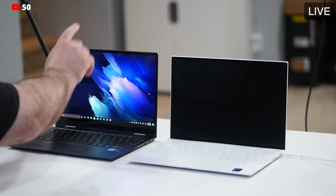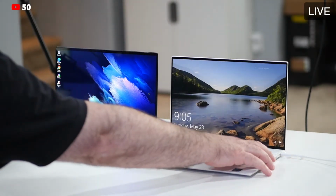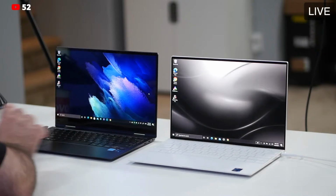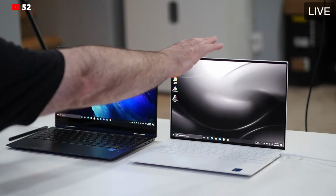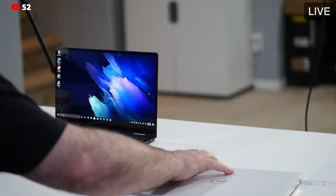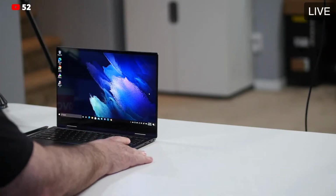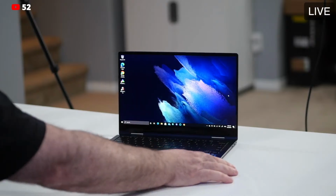On the left is the Super AMOLED panel, 1080p, 16:9. And on the right is the Dell XPS 13 with that OLED panel, a 3.5K display. So we're going to get into that on the second part. We're going to start off with the Samsung Galaxy Book Pro 360. Now, I have the 13-inch one, and this one obviously has that Super AMOLED display,